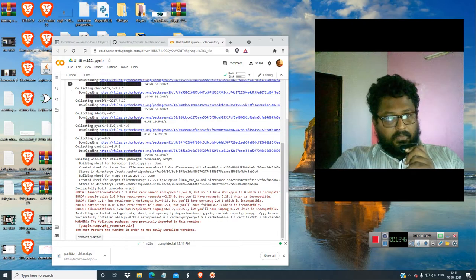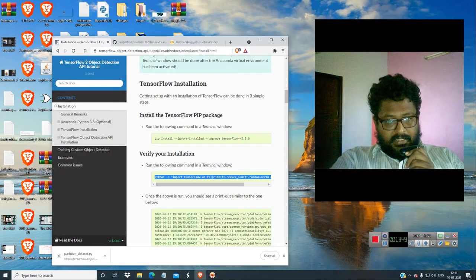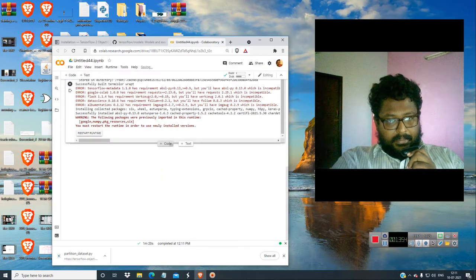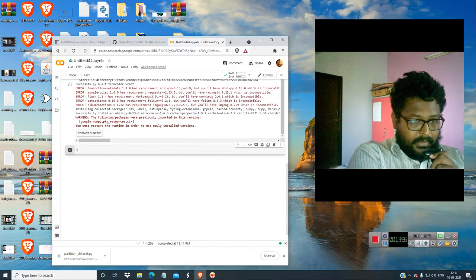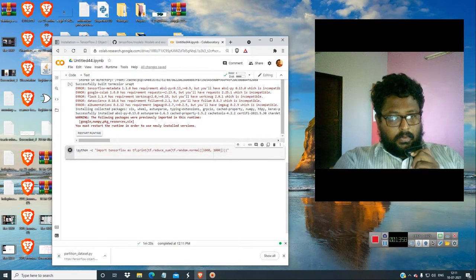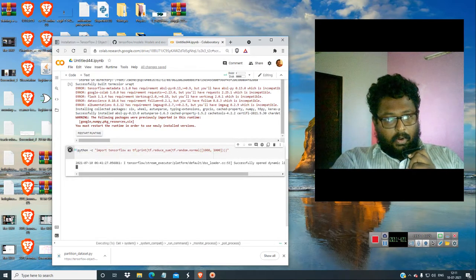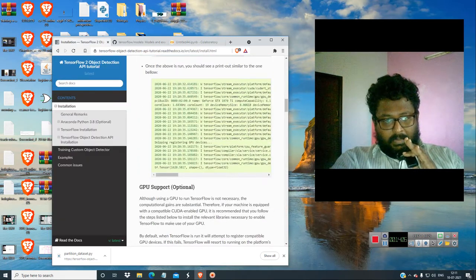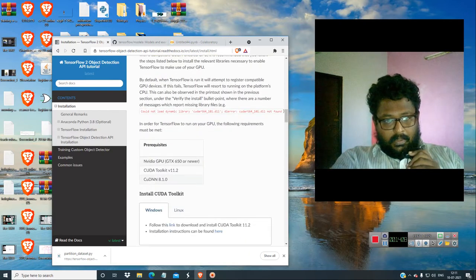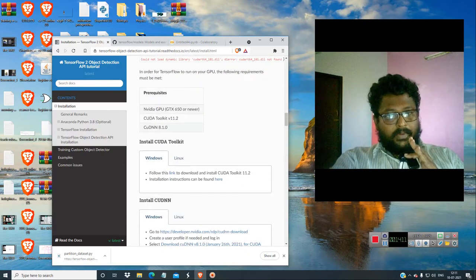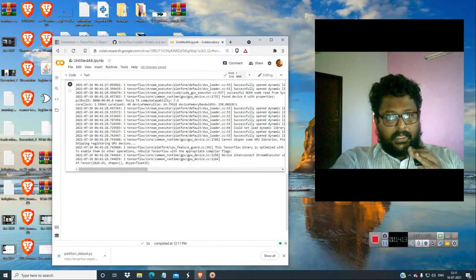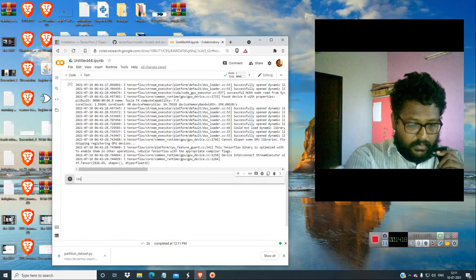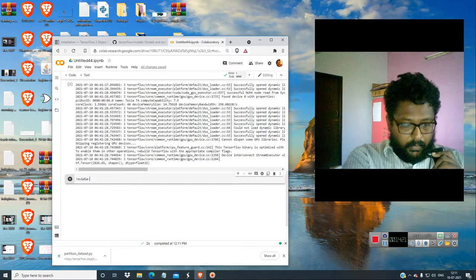After TensorFlow is installed, you have to check the installation, verify the installation. So just get over here and paste this with an exclamation mark. Why I am telling you to check all those things step by step is that sometimes random errors could occur. Okay, so this is about the type of NVIDIA toolkit. Here I think NVIDIA SMI is there. Everything would be installed in this Colab, so you don't have to worry about anything.